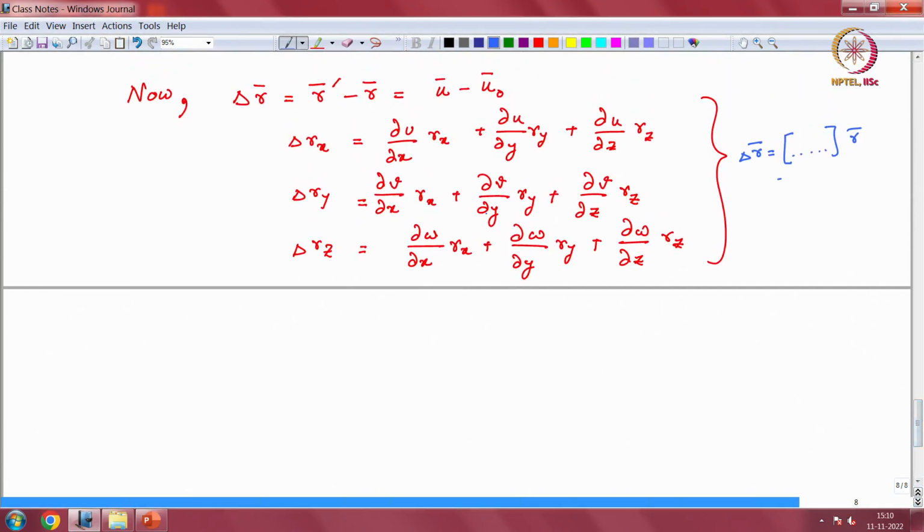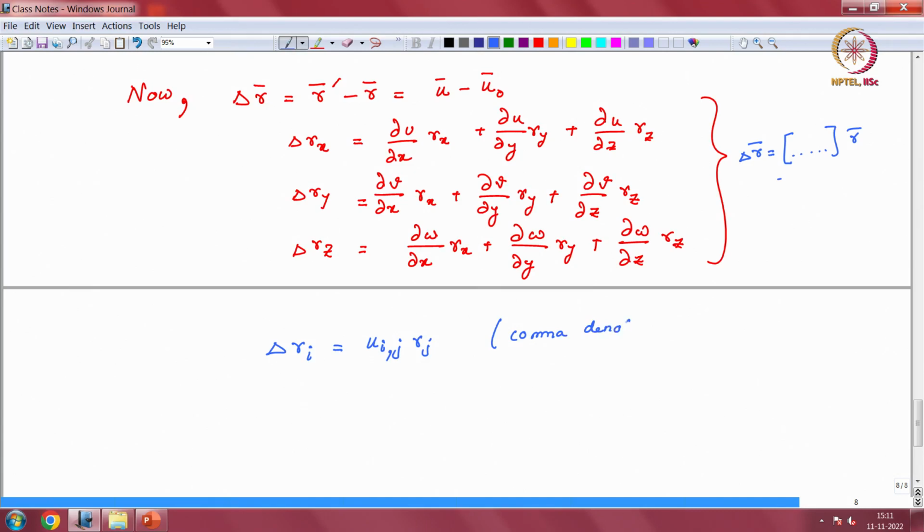You can just see that if you do not use indical notation, things just become very tedious here. So, just to simplify life for myself, I am going to use the indical notation and say that my Ri is nothing but U i comma j Rj, where this comma